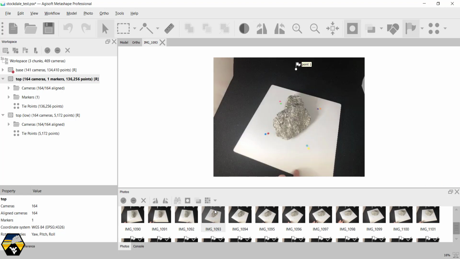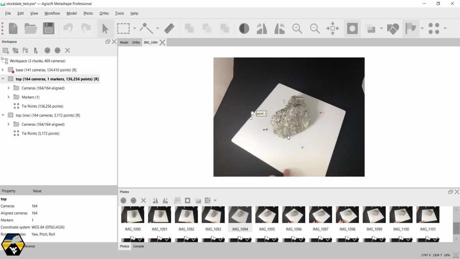And then we jump to 1093, and remember it's that difference between 1093 and 1092 that's really messing up our model. And you can see that Metashape thinks point 1 should be way off here, which is clearly wrong. So you can drag that and position it in the correct place over the blue dots. It's constantly adjusting, so 1094 is not as badly positioned as 1093's was. It's still incorrect, but we can move it